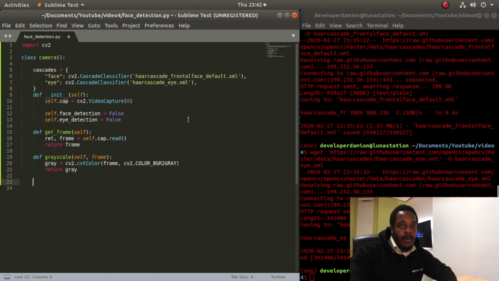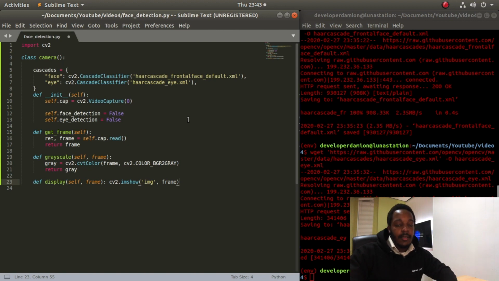And now we're going to create a one-line function that is going to just display our frame whenever we ask it to. So it's going to be def display(self, frame). Then we're going to say cv2.imshow, or image show. Going to tag it as image, comma, frame. And all that's going to do is create a pop-up box that's going to display what our